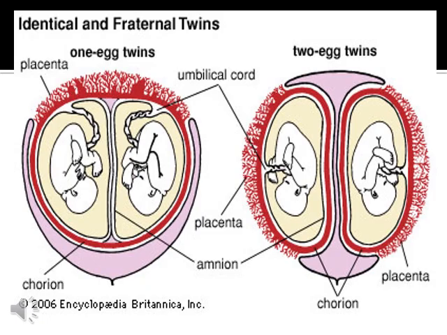In this diagram, we can easily identify the identical and fraternal twins. The first is the identical twins, also known as monozygous twins. You can see there is only one placenta. For each fetus, there is a separate amniotic membrane, but there is a single chorionic membrane which covers both fetuses. So this is known as identical or monozygous twins. The second diagram shows the fraternal or dizygotic twins, where you can see two separate placentas and two amniotic membranes as well as two chorionic membranes.